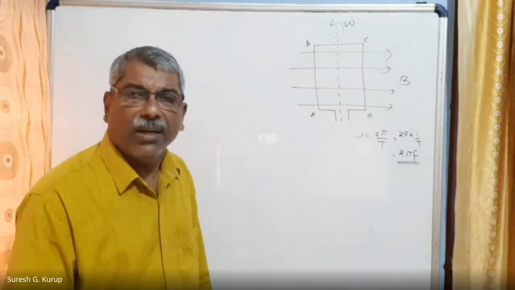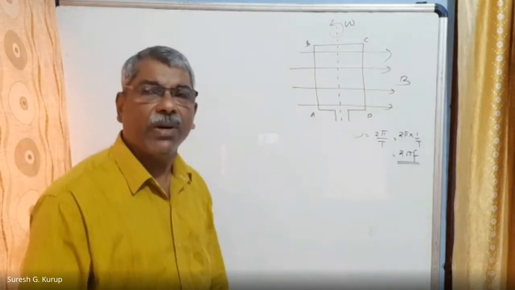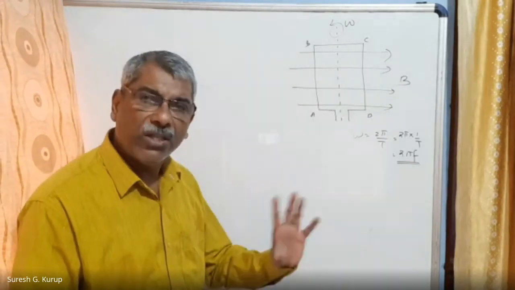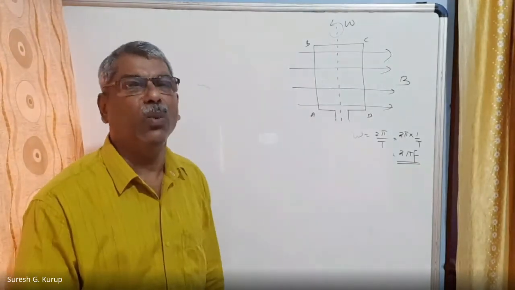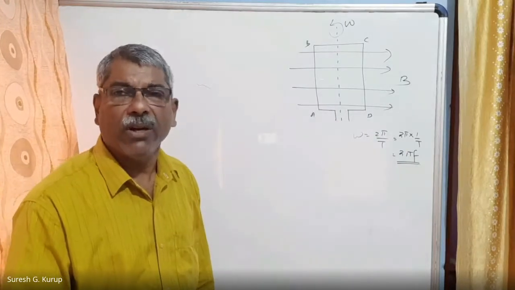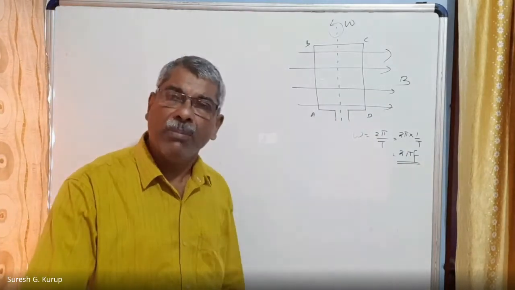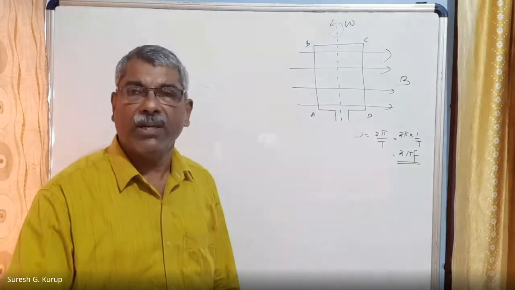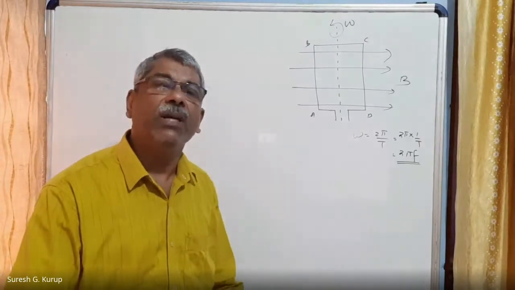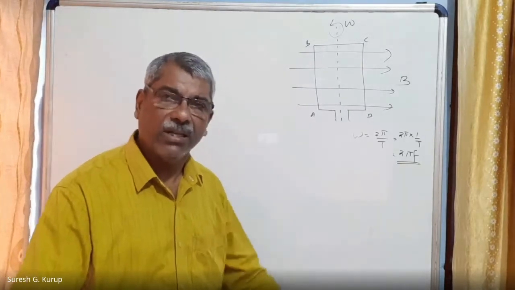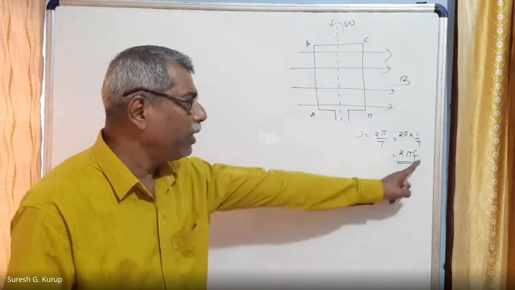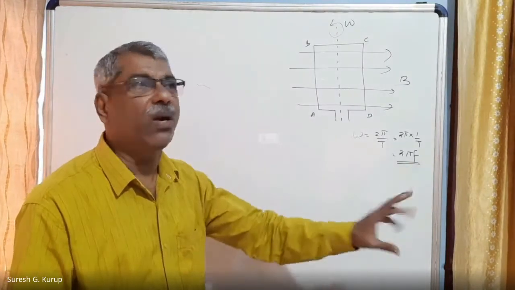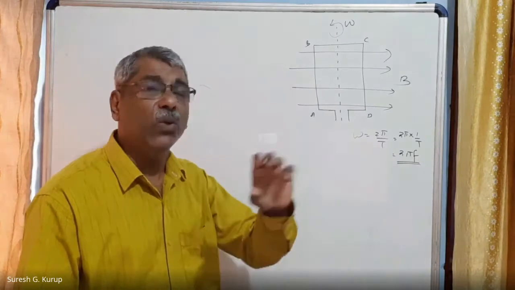Am I correct? In our country, all generators rotate 50 times in 1 second. That means the frequency of revolution of the armature coil of the generators of our country is 50 hertz. That is the frequency of the AC current that we are getting and using in the household.